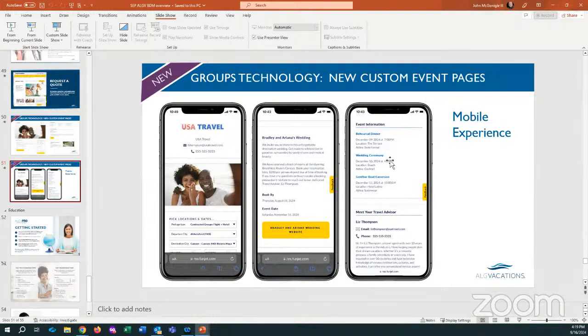And then you can click on how to make the booking. There'll be a booking link in there for that particular hotel that the destination wedding will be held at, and the particular dates. So you have the ability that the guests make the booking themselves, either land only or with air, however you've chosen to set it up. And then you just simply manage the business as it comes in.